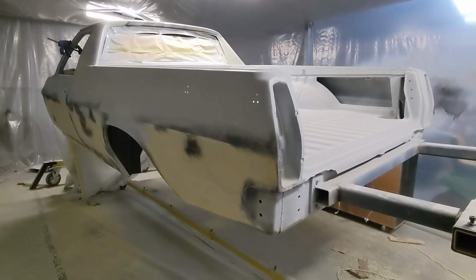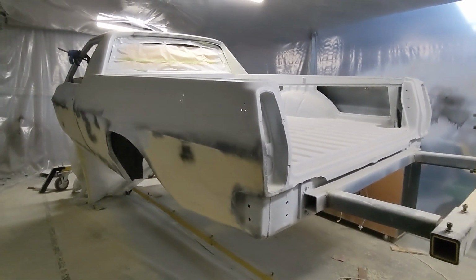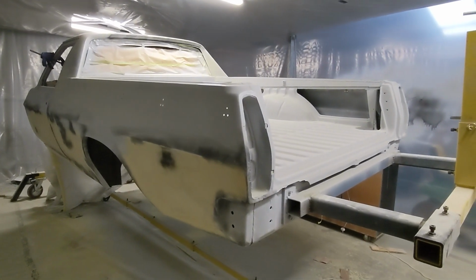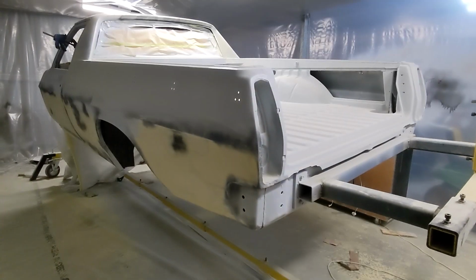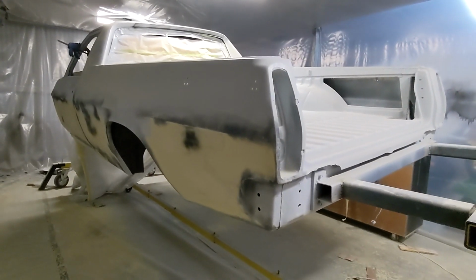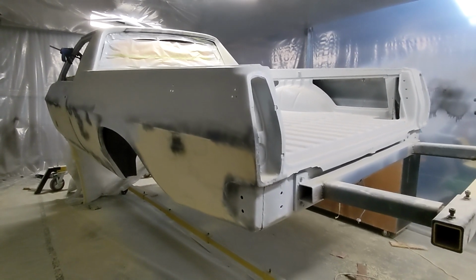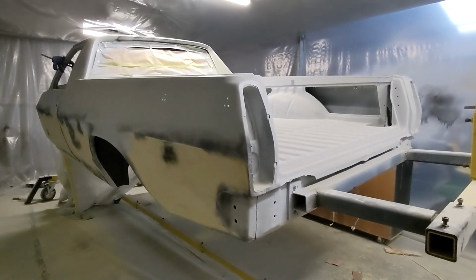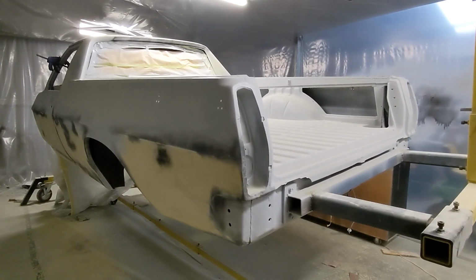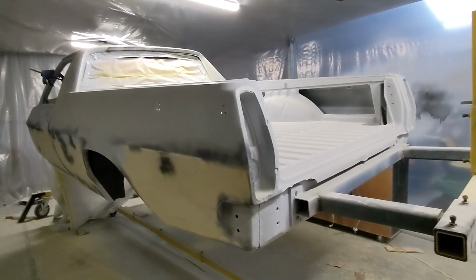I was going to do a polyester filler underneath the high fill after speaking to a guy who's got another YouTube account called Car and Resto Things, I think it is. And he was mentioning that if you really want to get a flat look, do that. And I spoke to the guys at Pero's in Bendigo, and he goes, unless you're really experienced using the polyester filler, you've got to sand it right back because it can over time degrade and push up your